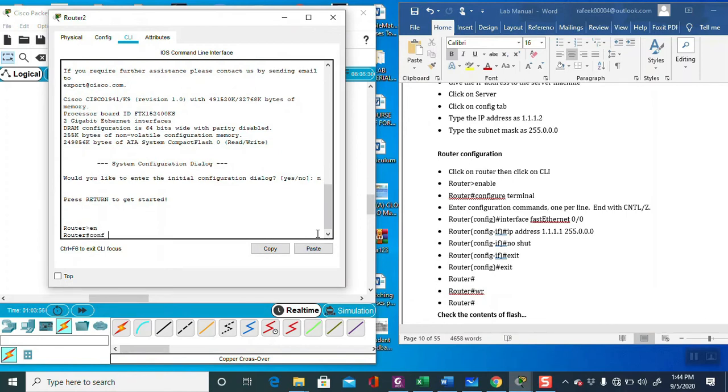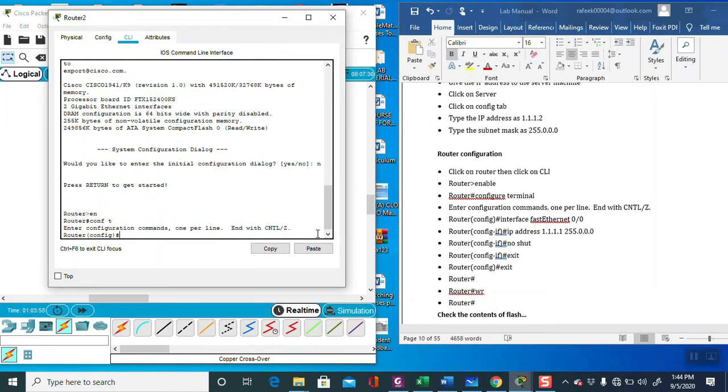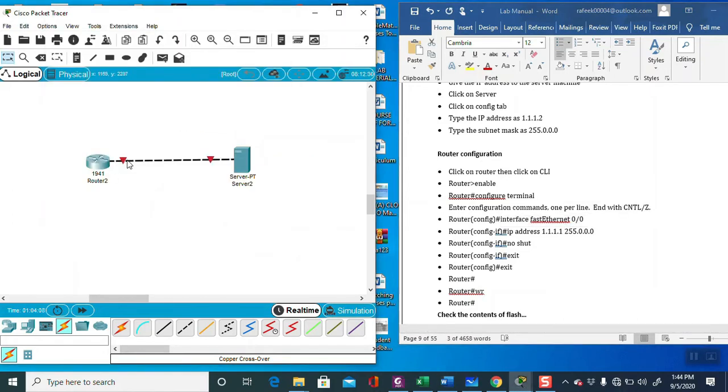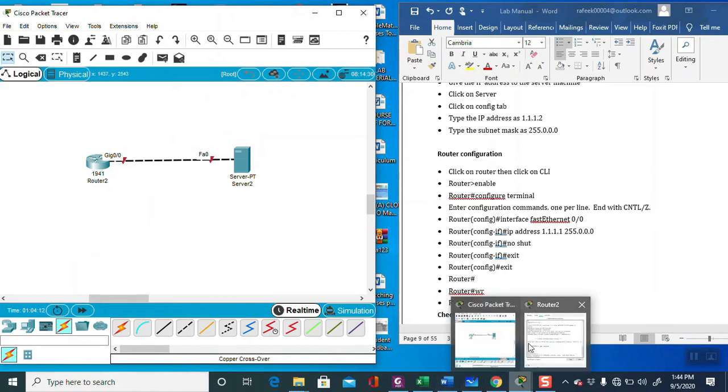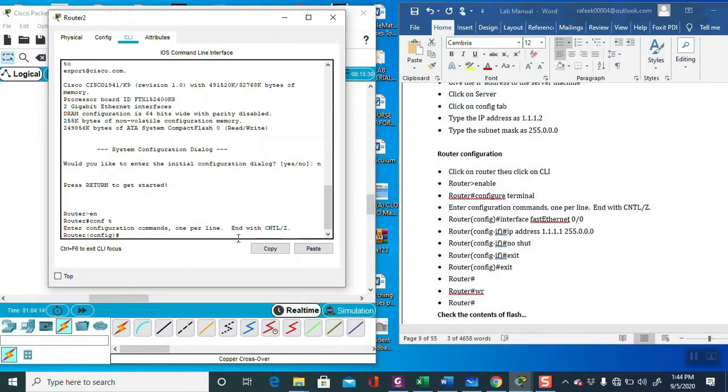Config terminal. Remember, in the lab manual it is written interface fast Ethernet, but here we are using Giga, so you have to give Giga. When you are doing your lab exercise, whatever the interface in your Cisco Packet Tracer, use that interface. I am going to use Giga here, so please remember this.